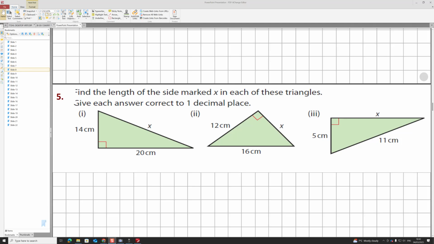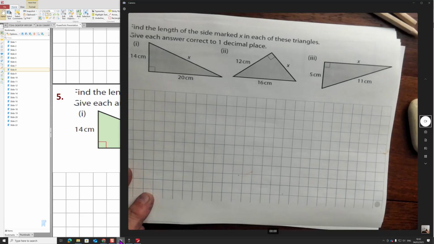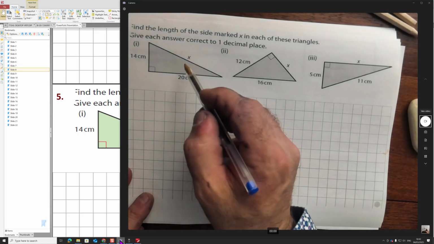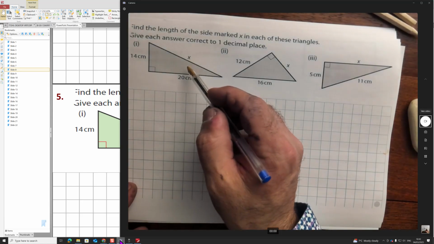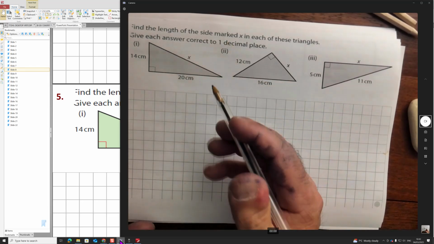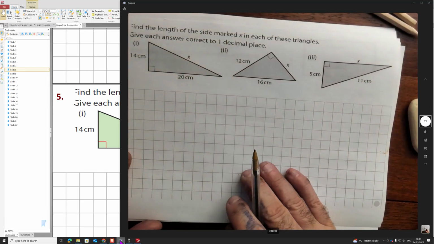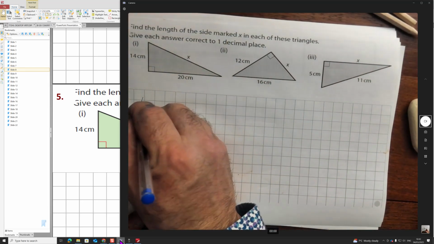Okay, it's a great attitude. It's a great tactic. So let's jump straight in. The unknown is marked with the letter X. Okay, so here we have it here. First is to identify, is it a hypotenuse? It is. So the formula we're going to use